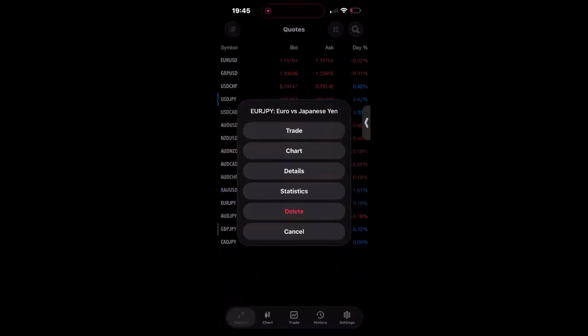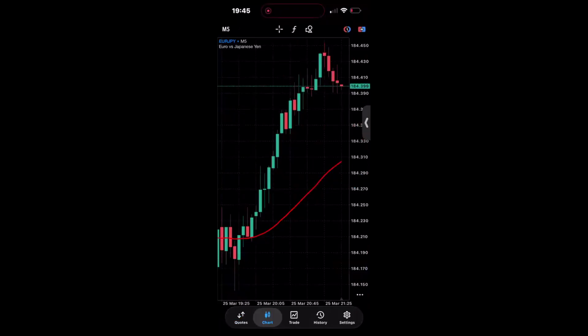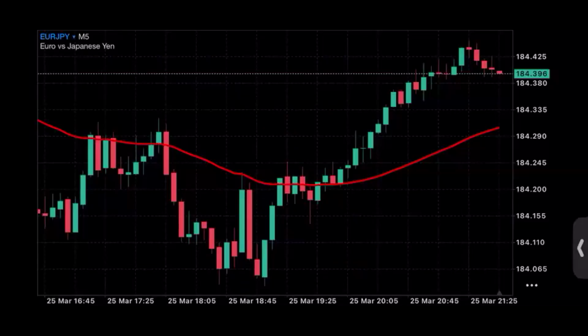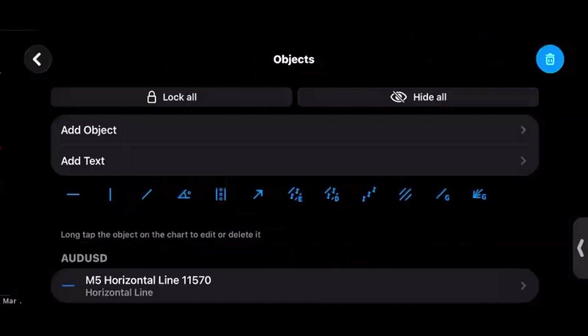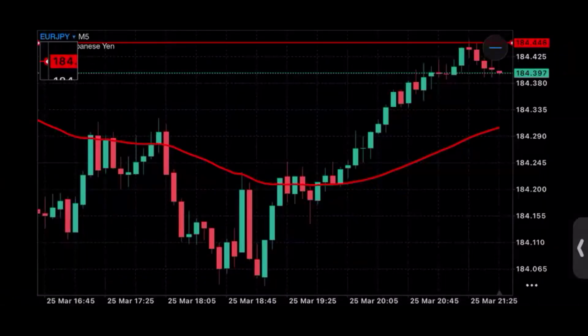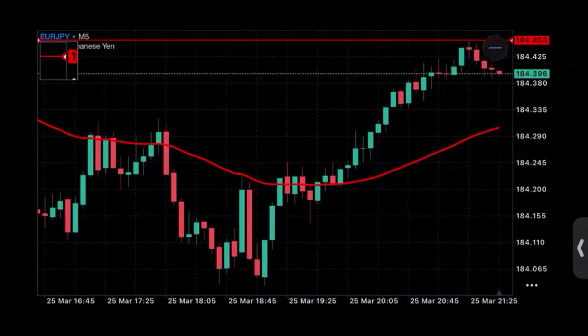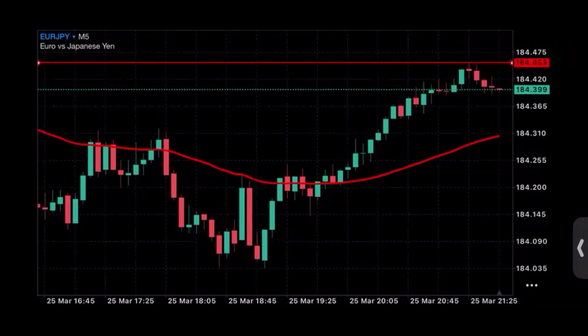On the 5 minutes time frame, what do you think Euro JPY is doing? Of course, price is buying, and right now it's looking for a support level, so it's going to be coming down a little bit. But of course, we know that it's going to continue to the upside one way or the other. So we know that eventually, after it does all the pushback, it's going to have to break this level. It has to take out this high eventually, right? So this is what we are waiting for.